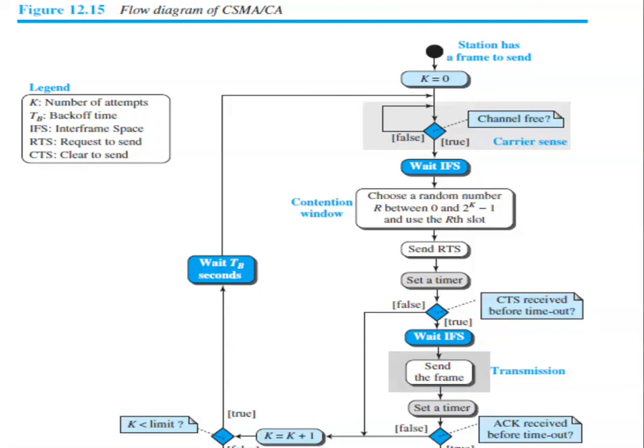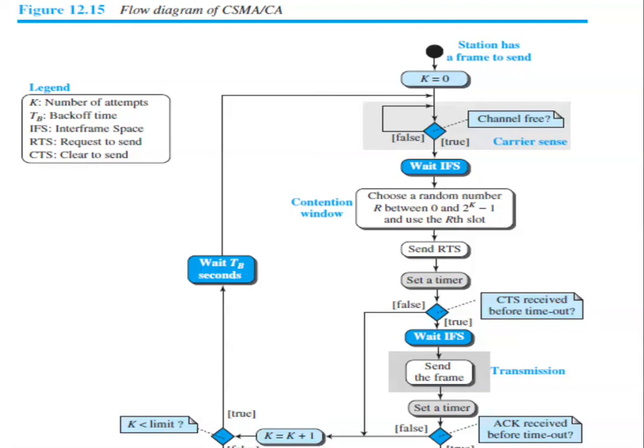Then it sends the data. It sends a request to send frame and sets up a timer. When it receives the CTS, that is clear to send, before the timeout,